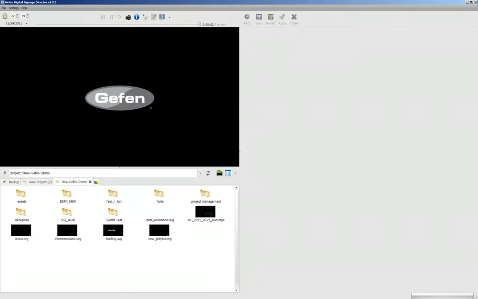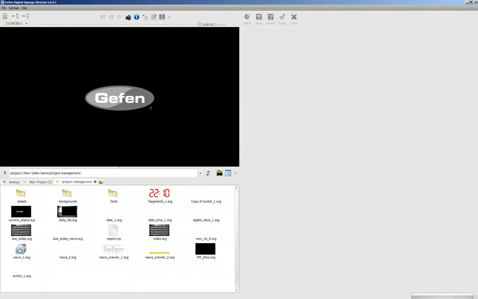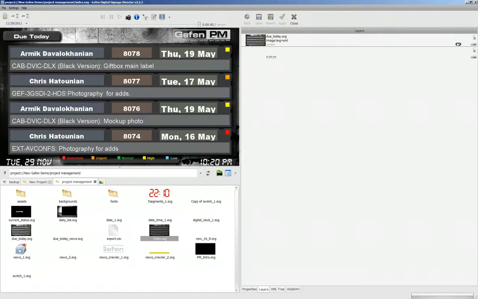Moving on, another project that we can take a look at here. Here's an interesting application that we are currently using here at Geffen. I'll go ahead and open up the index file for this project. This is being used by Geffen's project management team. So we have a display in project management where we're pulling in live information currently right now off of an